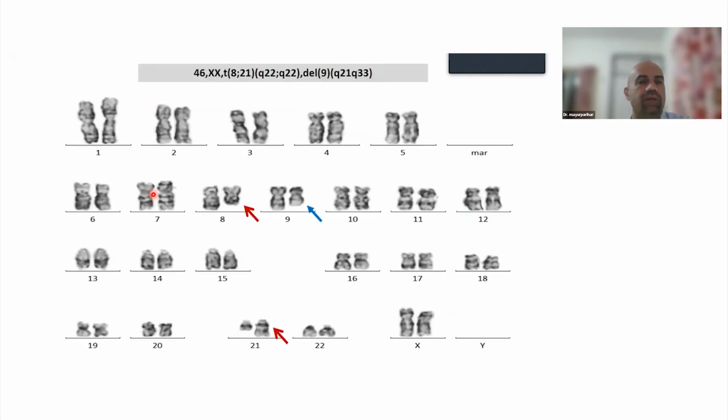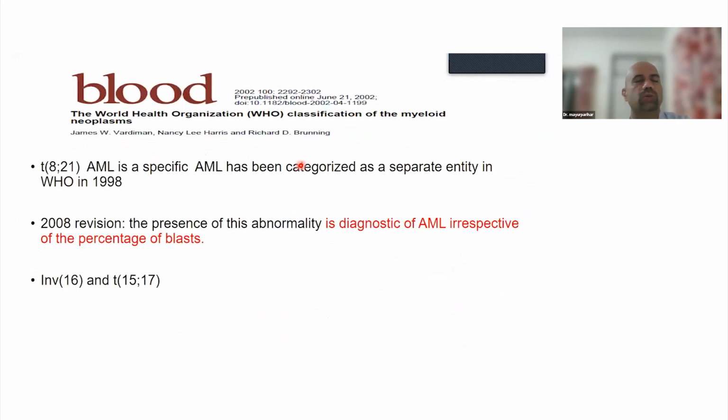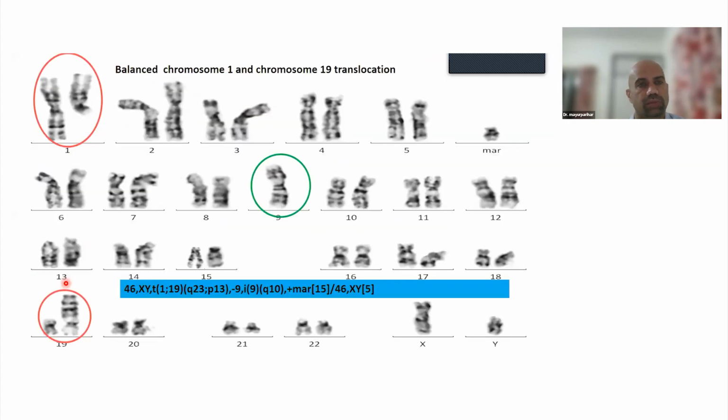When we did the karyotyping, we got a translocation 8;21 with a deletion 19. Now, as all of you know, the WHO right from 2002 has said that if you have an 8;21 translocation, it is diagnostic of acute myeloid leukemia, even if blasts are less than 20%. Well, our patient had 0 blasts, but we still had to call it an acute myeloid leukemia because the translocation 8;21 was present. The other abnormalities wherein you can call something an AML are inversion 16 and 15;17, irrespective of the blast count. And in the new WHO, a whole lot of recurrent genetic abnormalities, you can call the patient AML even if the blast is less than 20%.